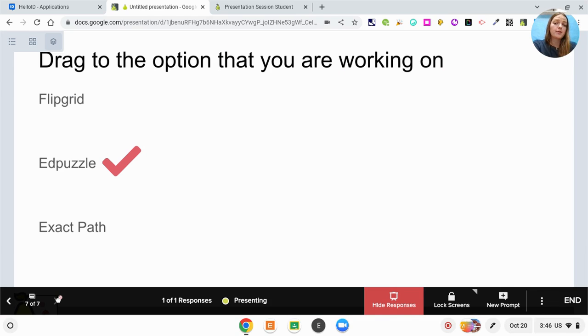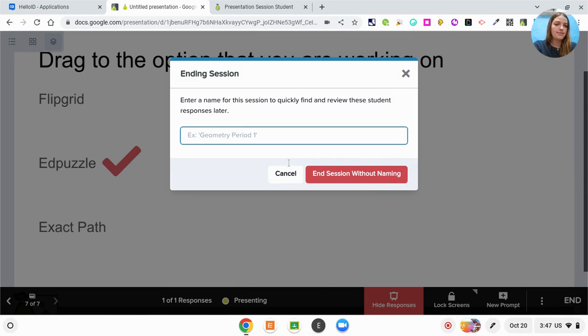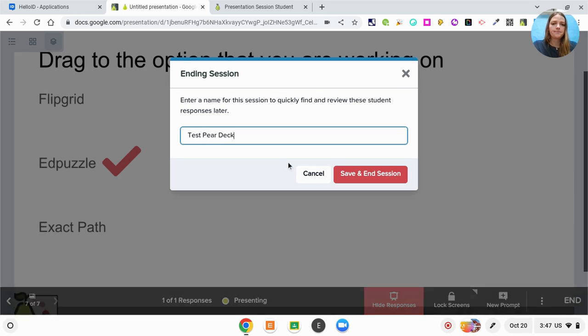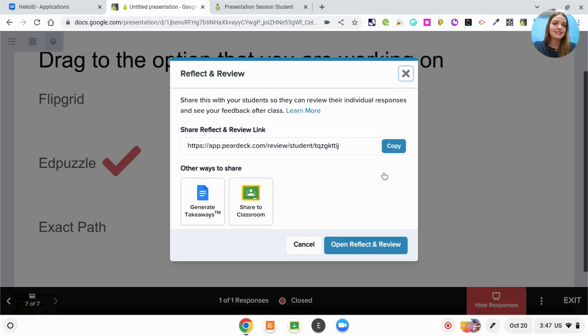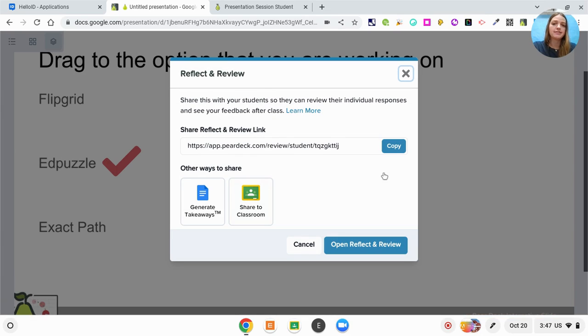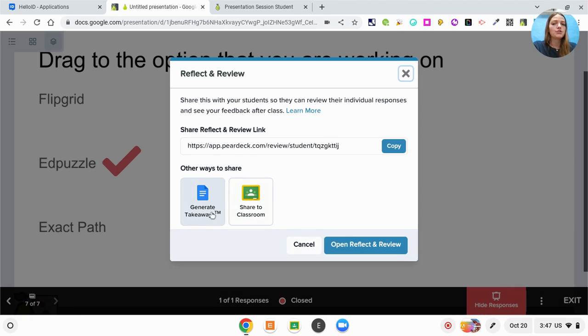And so that's it for the presentation because I only have 7 slides. So at the end, I would want to make sure to click end, and then I would name this. And if you save and end the session, the awesome thing that Pear Deck does is it publishes the takeaways. So if you want to have a PDF file of it, you can do that and share with students, but you can also share it to Google Classroom, where every single kid is going to get a copy of their